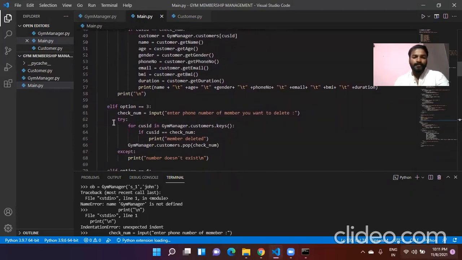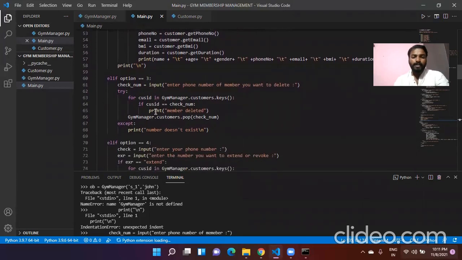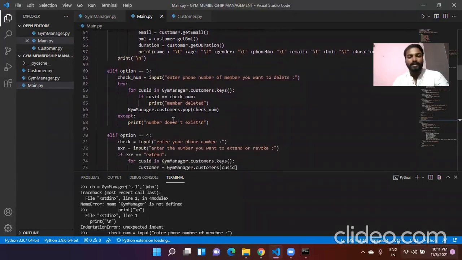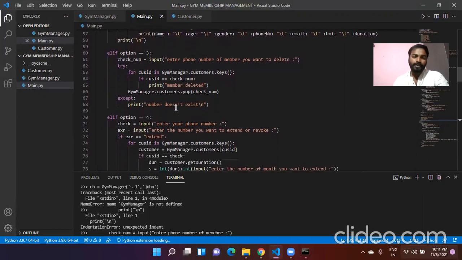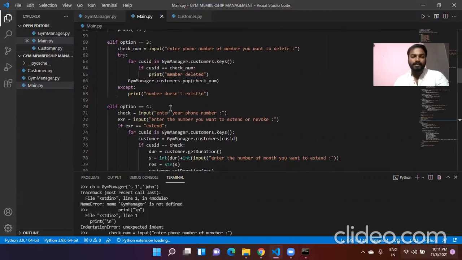So option three will delete a member's details. Here I use the pop method to delete a member from the list, and I use the try statement, try and except. If we don't have any members, then it will say the number doesn't exist.